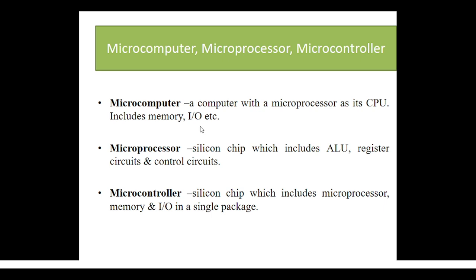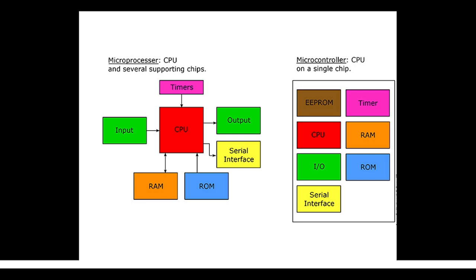The term microprocessor consists of one single silicon chip which includes ALU, registers, circuits and control circuits. But in case of microcontroller, which also consists of a silicon chip, it includes microprocessor, memory and input-output devices in a single package. Based on the given diagram, we will all be clear what we mean by processor and what we mean by